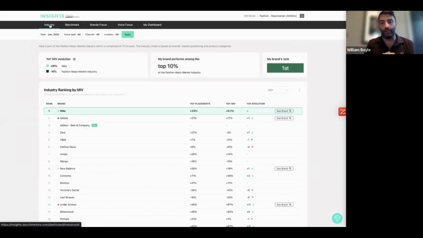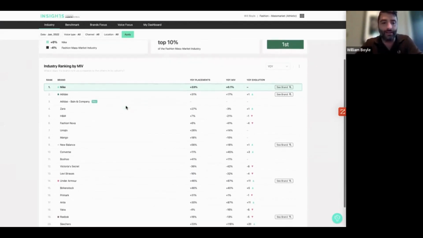Seeing as we're tracking this data on all of these brands that fit into their niche industries, in this case, mass market athletic brands, I want to know my competitive set, but also the industry as a whole, right? Where's my brand fitting in the grand scheme of things? You can see here, this particular industry view is comprised of 171 brands, and here they are listed out.